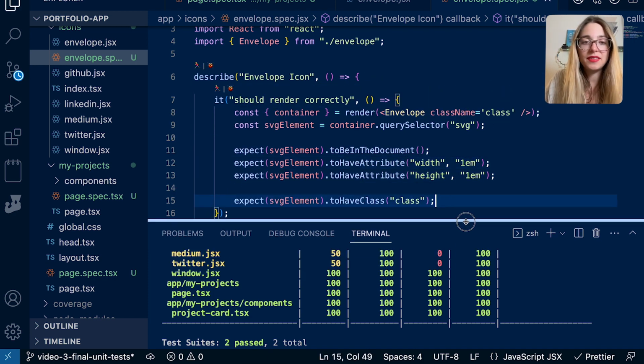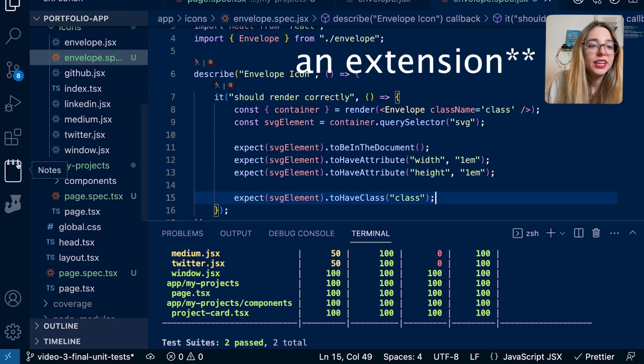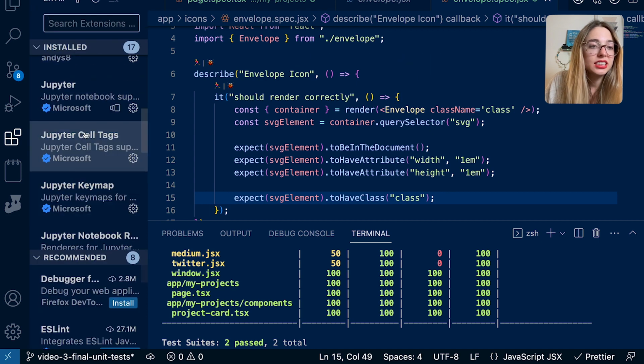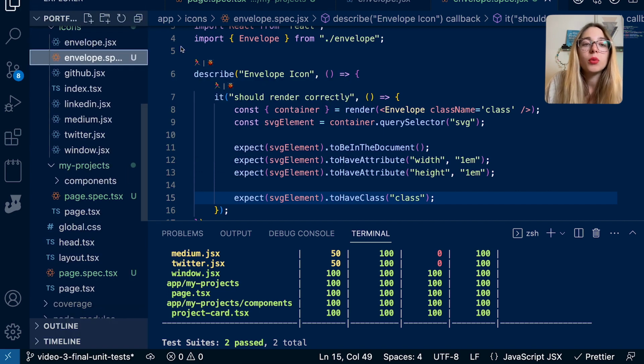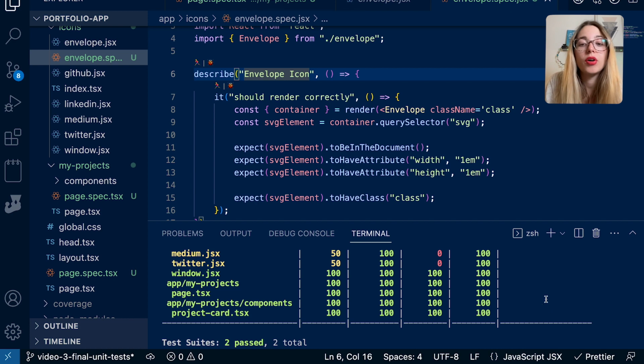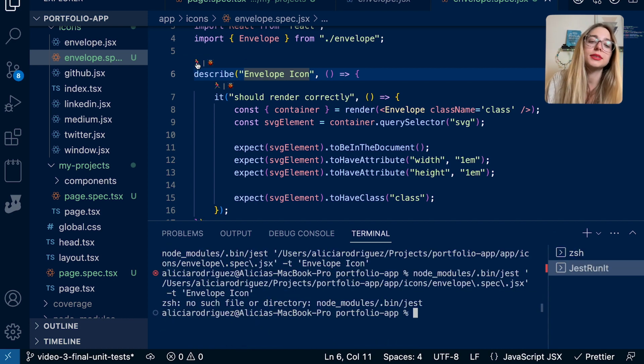So let's just save this, and I actually have installed a library. I think it's just called Jest. Just run it. Okay, so it's this one. Just run it. And with that one, I can run the tests from my file without writing any commands. So just by clicking here in the run,